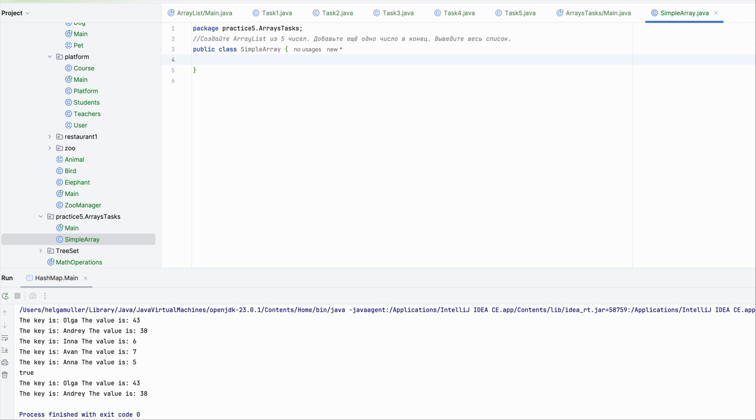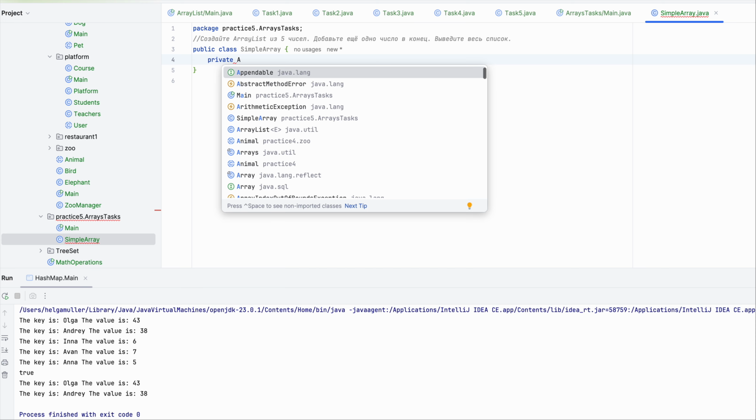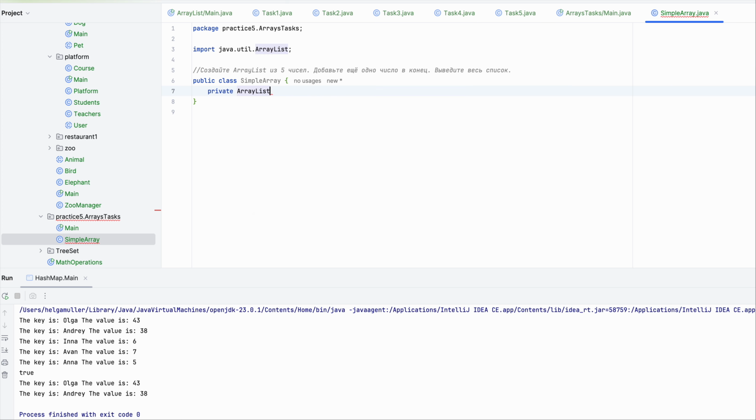So let's start from declaring array list as private ArrayList numbers. Because in task we ask to create list included numbers, so it will be Integer, and let's name it array. Okay,